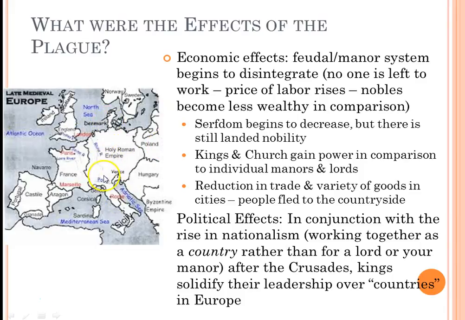Europe is broken up into large kingdoms. Instead of all of this being fuzzy about where borders were, they finally decided, okay, this is the Kingdom of France, this is the Kingdom of the Holy Roman Empire, this is Poland, this is Hungary, this is the Byzantine Empire, this is Castile, which then becomes Spain in conjunction with Aragon, and England, and Ireland, and Scotland. So these kingdoms start to develop.